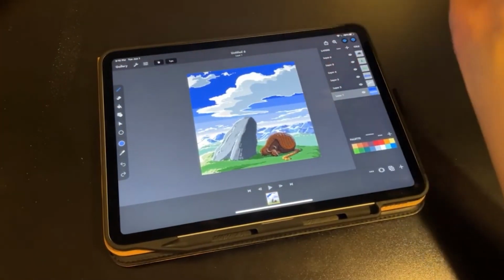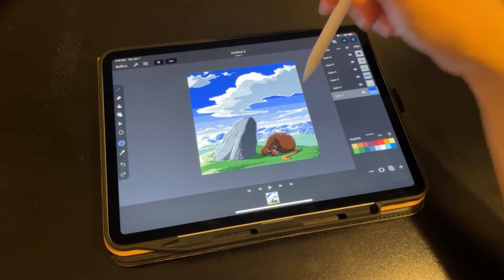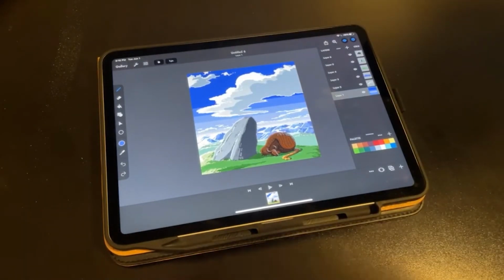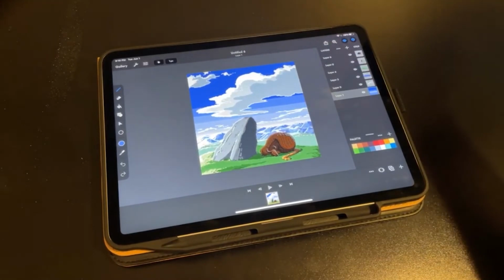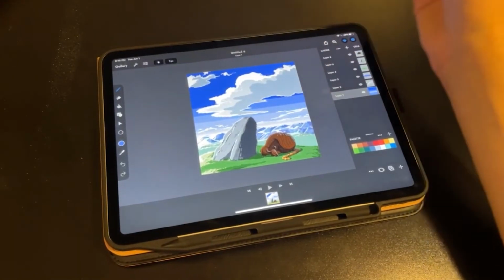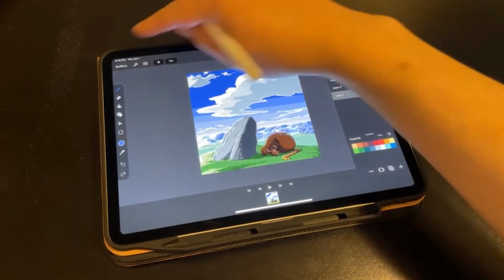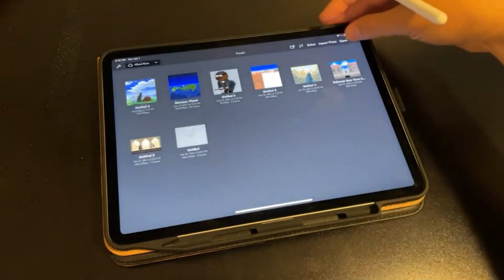It's got pretty much everything I like to put in a piece of art. It's got clouds, mountains, rocks, and dragons. And if you've been following my art for a while, you'll notice those things come up a lot. They're just a lot of fun to draw. So I'm going to start a new